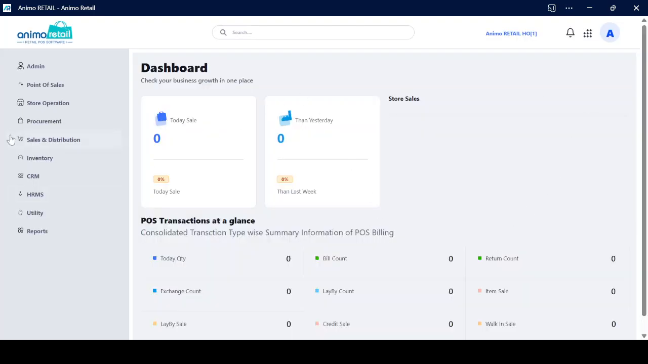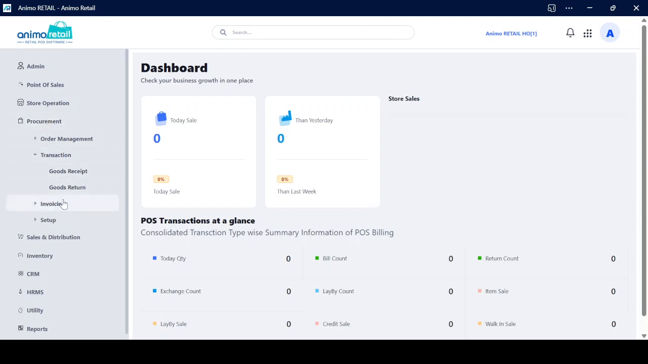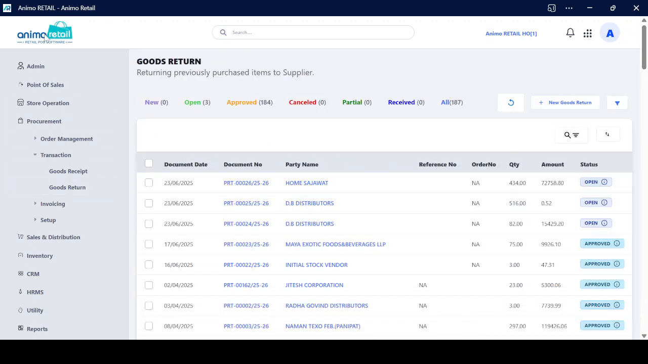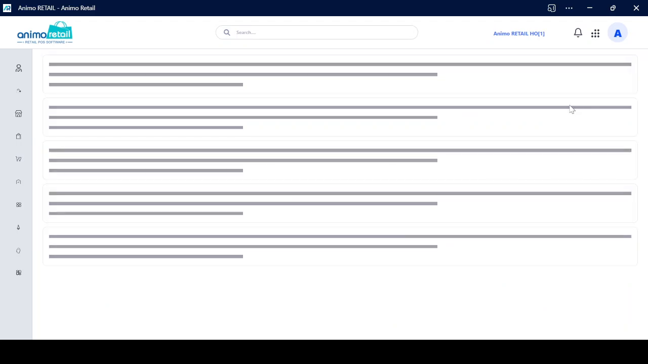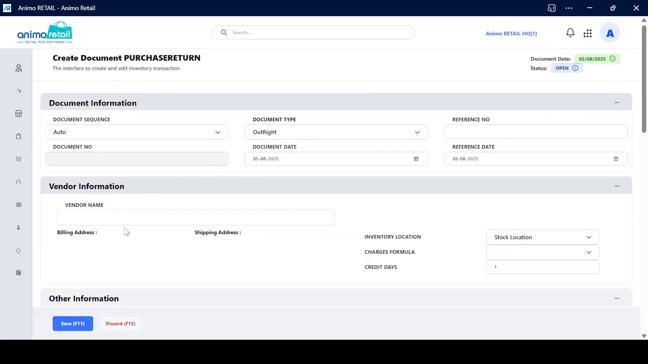Okay, so to create a goods return, what we need to do is go to procurement and then transaction, and then there is a goods return interface. These are the goods returns we have already made. Let's create a new one. Click on new,